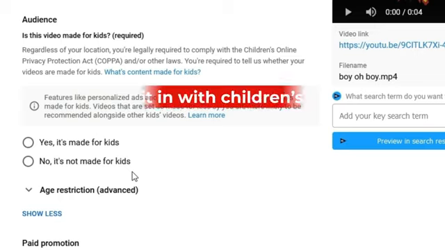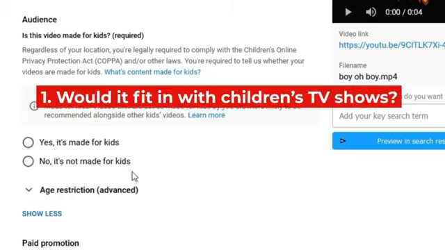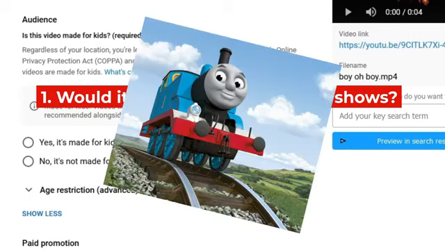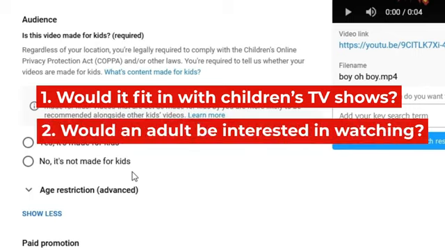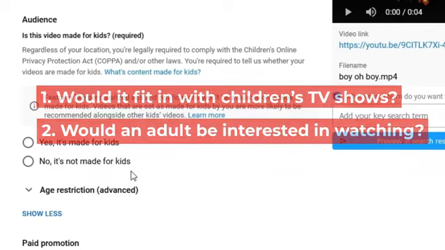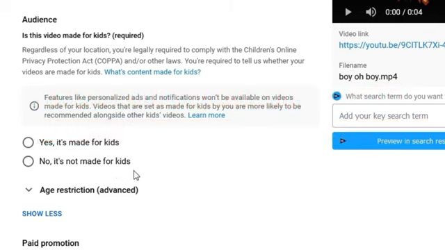First of all, would your video look out of place alongside classic TV shows? Like, would it fit right in with TV shows like Thomas the Tank Engine, Sesame Street, and Peppa Pig, my personal favorite? If it would fit in with that style of content, then it's probably made for kids. If not, then you can move on to the next question, which is, would an adult be interested in watching this video? Would an adult voluntarily seek out and enjoy this style of video? If the answer to this question is no, then you're usually pretty safe to mark your video as not made